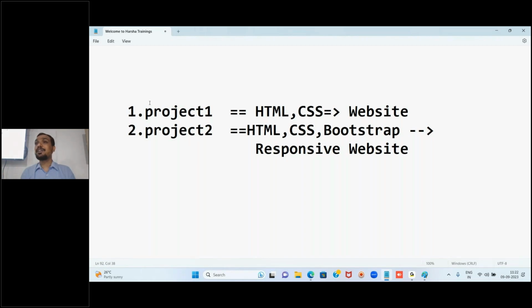They will not get a proper experience, they don't like your website. To avoid all these problems, we have to create a web page or website which is responsive. To create that, we can also use CSS, but we have to write a lot of code. If we use Bootstrap, it will make the sites responsive.